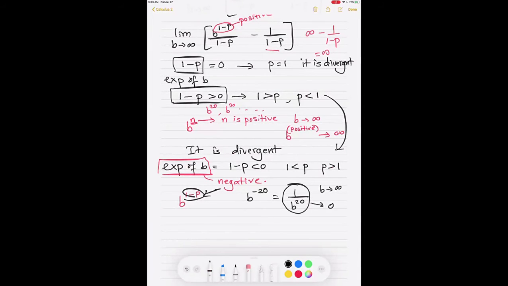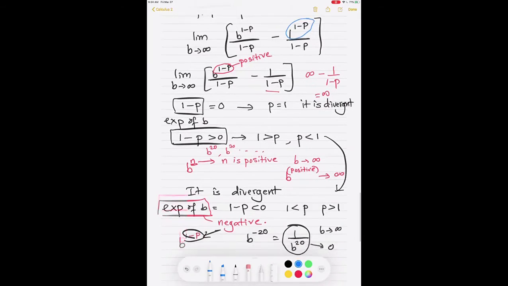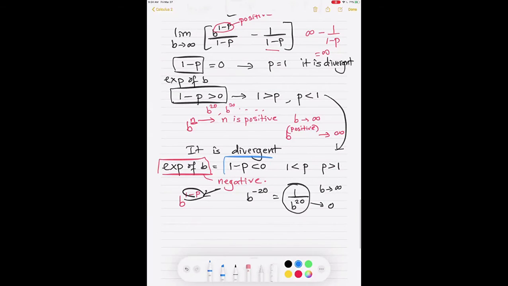So I'm going to come back and say here that if this is negative, so if b to the 1 minus p is negative, so in other words, 1 minus p is negative, then b to the 1 minus p approaches 0. So you're left with what? Remember, this is a negative number as well. So I'm left with the limiting value